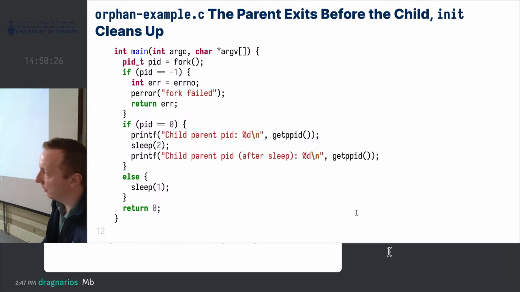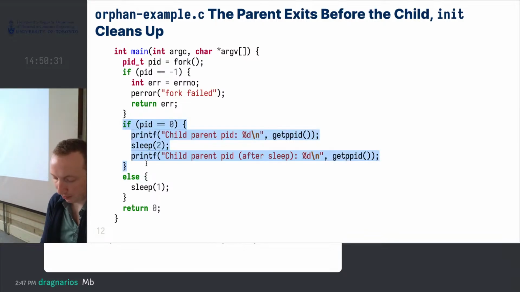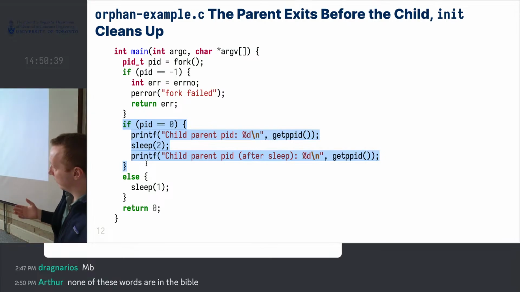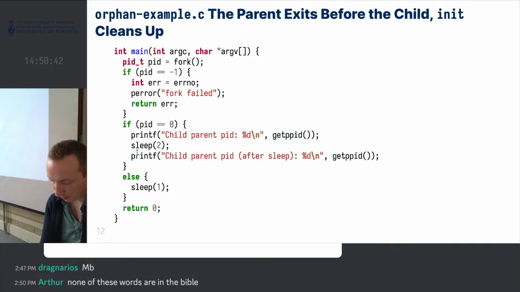So here is an example of an orphan process. Same thing, I'm going to fork immediately, create a child. In the child, I will just read my parent's process ID, wait 2 seconds, and then read my parent's process ID again. So my child reads its parent, sleeps for 2 seconds, reads its parent again, and then finishes. And in the parent, it will just sleep for a second. So for the first read, its parent should still be alive, and in the next one, it should get reparented. So if I go ahead and run that,